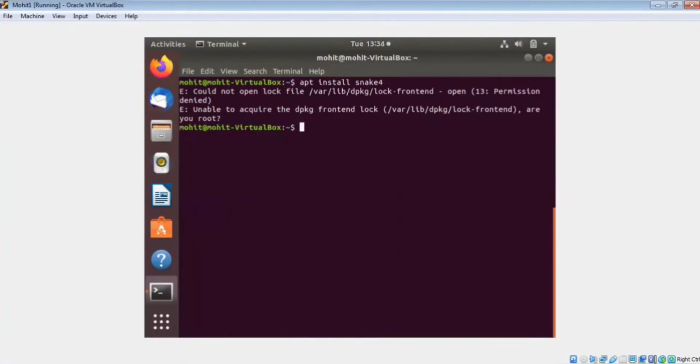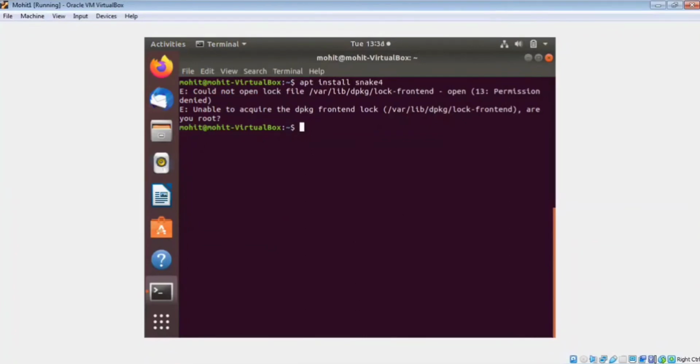You see, there is an error: could not open log file /var/log/dpkg. When you type apt install snake 4 and it doesn't work, you just type apt-get install snake 4.